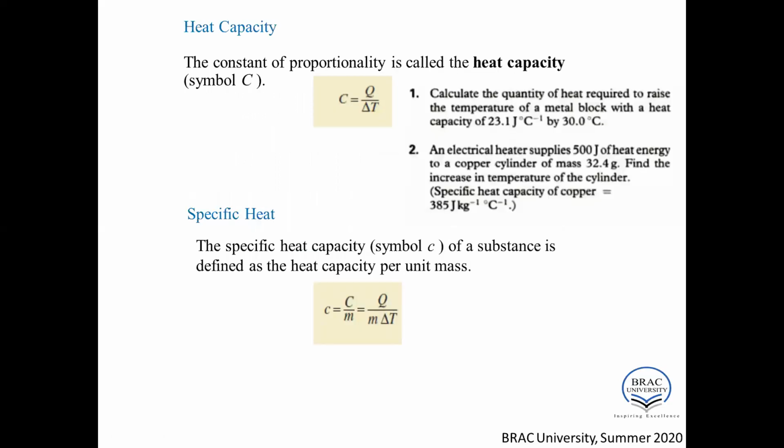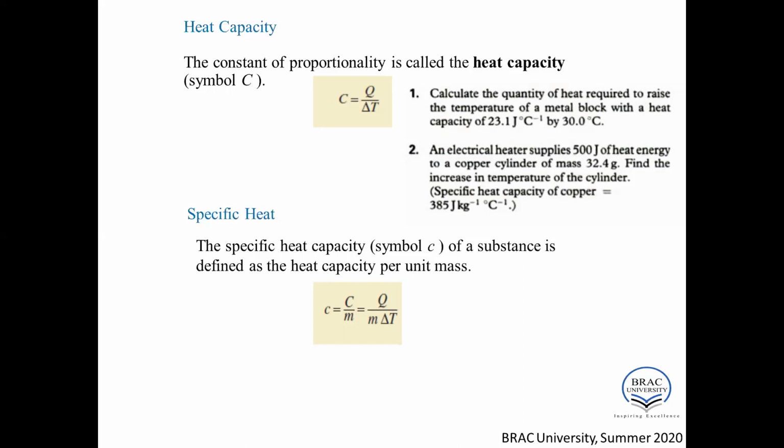Now let's talk about heat capacity and specific heat capacity. First, if we apply some heat, there will be a change in temperature. If we apply Q amount of heat energy to an object, and due to this applied energy there is a change in temperature, this change is del T, which is the increase or decrease in temperature.